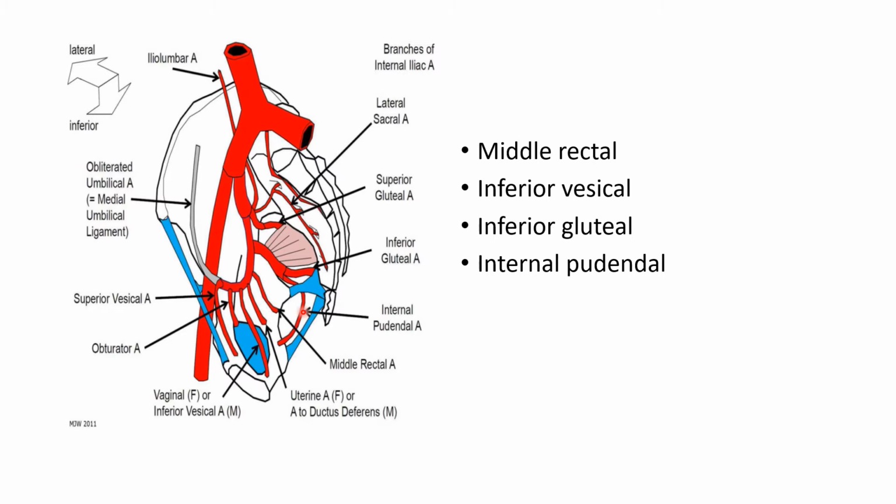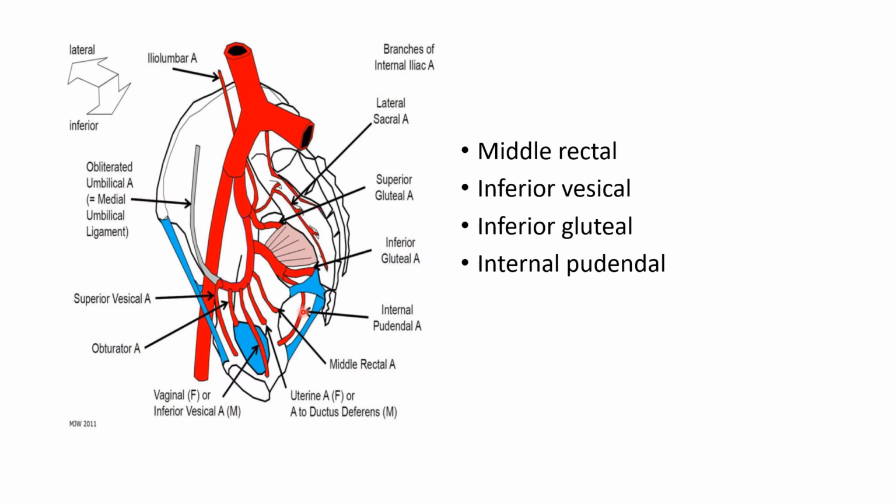The inferior gluteal artery is one of the terminal branches of the anterior division of the internal iliac artery. The artery passes downward and backward between the ventral rami of the first and second sacral nerves, or between the second and third sacral nerves. It finally leaves the pelvis through the greater sciatic foramen below the piriformis and appears in the gluteal region. So this one is the inferior gluteal artery.